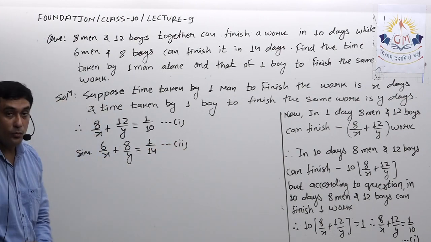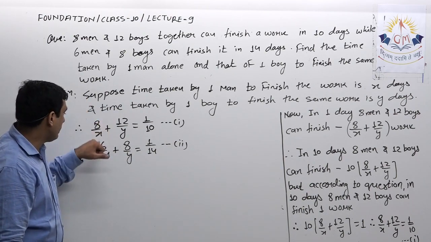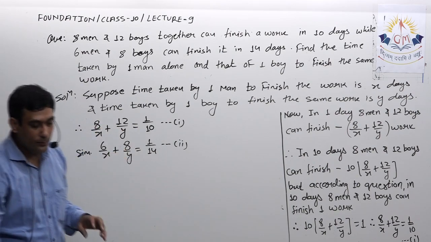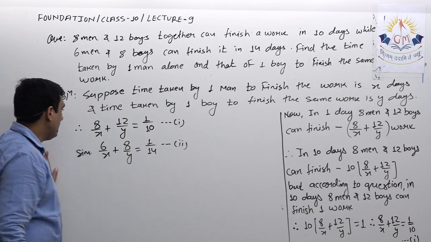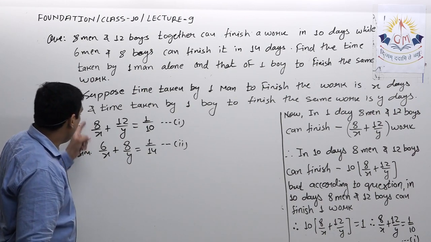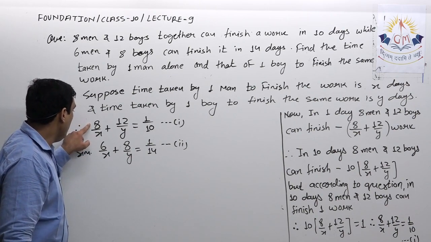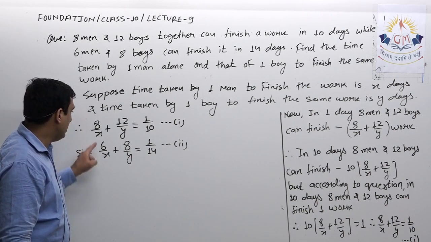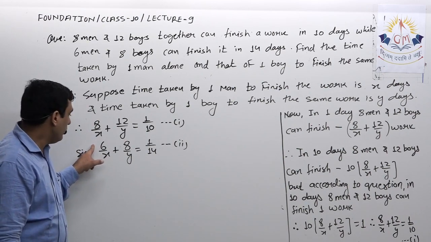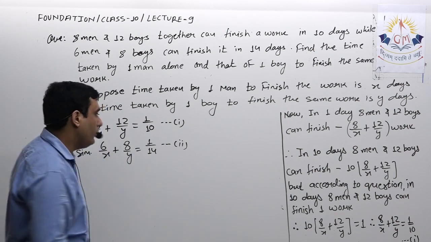Now it's very easy to solve this. Traditionally, what we have to do now is put 1 upon x equal to a and 1 upon y equal to b and so on. But I'm not going to solve it with that method. I'm simply solving it by directly making the coefficients equal. For that I will multiply equation 1 by 3, so this will be 24 upon x, and over here I will multiply by 4, so this again will become 24 upon x, and then by subtracting I will get the values of x and y.